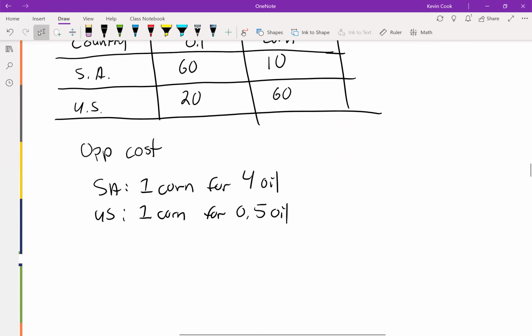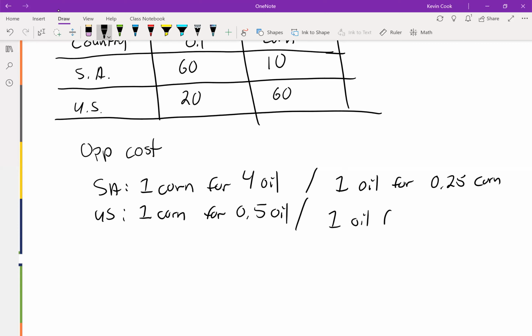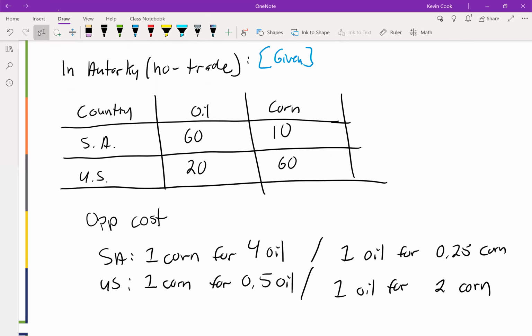And on the other side, the other way we can think about this is Saudi Arabia can also get 1 oil for 0.25 corn, and the US can get 1 oil for 2 corn. And these are the trades we're working with, and if we worked everything out, the points that we found here would get us to a point that works for us. But what we're interested in,